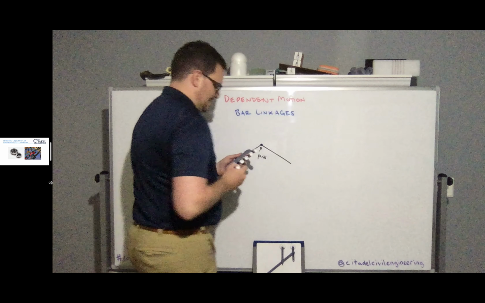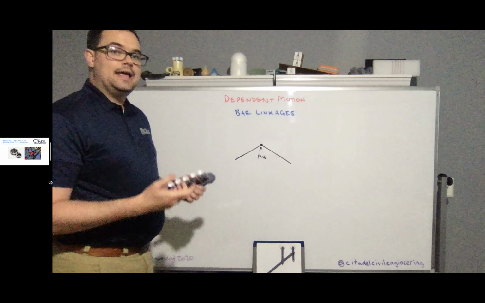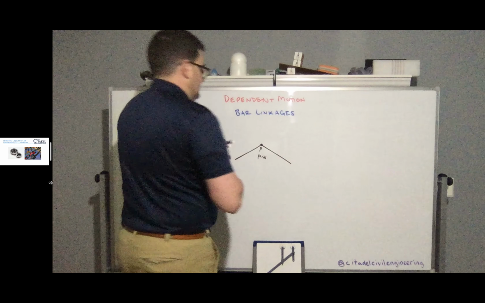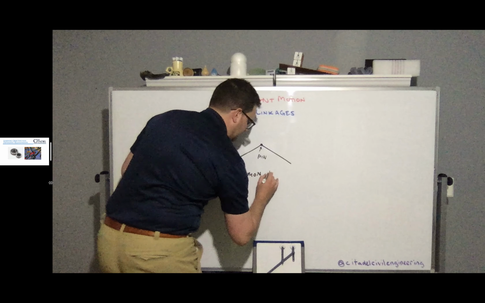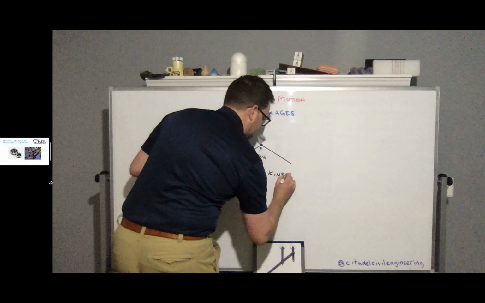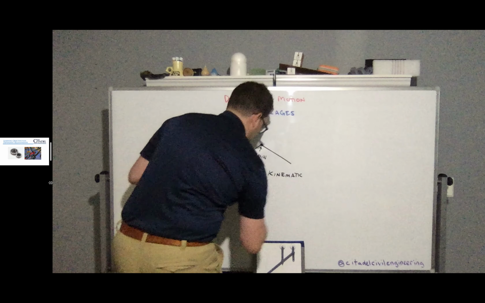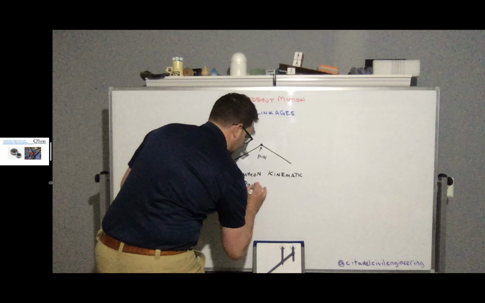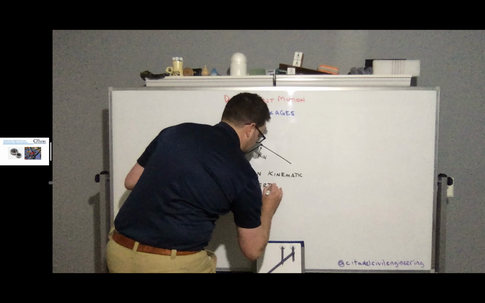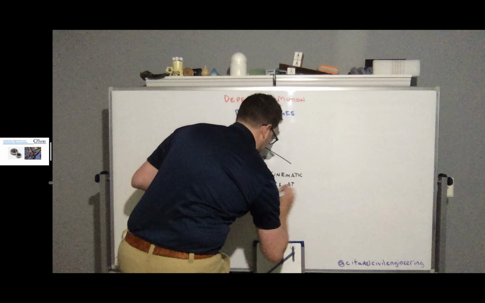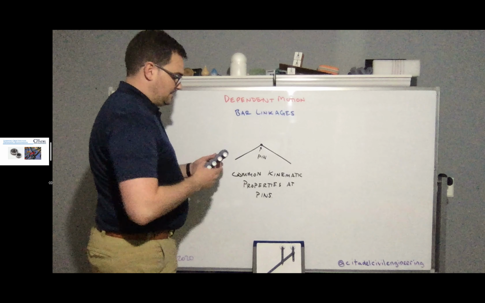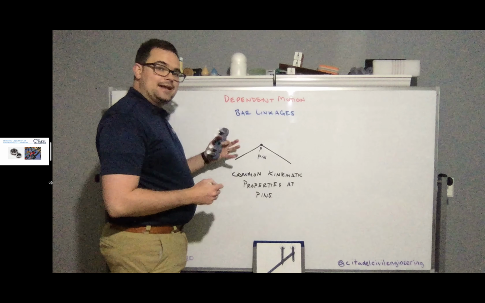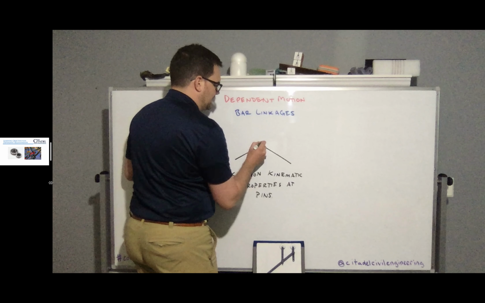And at this pin connection, they're going to have common kinematic properties at pins. So the idea is that if by some kinematic work I'm able to identify, well, this pin is actually